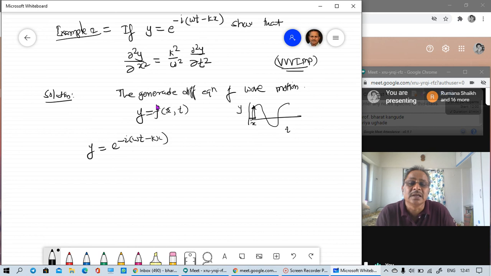आता आपल्याला लगेच सांगता येईल dimensions of omega and time will be reciprocal of each other. Dimensions of k and x will be reciprocal of each other, because everything should be a number. हा नंबर व्हायचा असेल. This omega has dimensions 1 upon time, this has dimensions 1 upon length. In that sense, आपण त्याला wave vector म्हणतो, and this is called angular frequency. At present we will not be able to understand what these are, but this omega and k are constant. So they are not functions of either x or t.